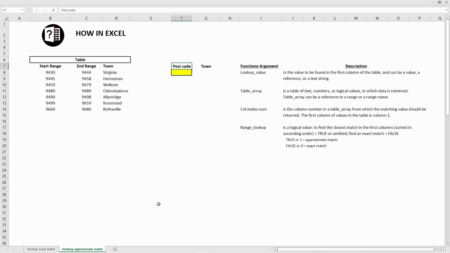So let's go to the next tab here. So in this example, I've got just this one table here, and I've got the town names down here, and the kind of postal code range for the town. So for instance, we've got Virginia here. The postcode start range is 9430, and it's going to end in 9444. Okay, so in here, the example I'm going to use is, I'm going to type in, for instance, a postcode that falls between that range,